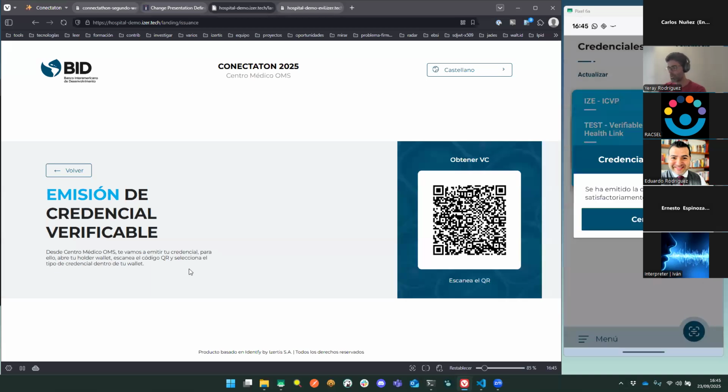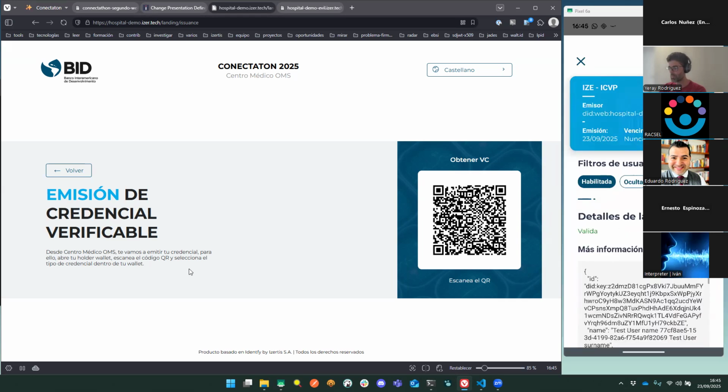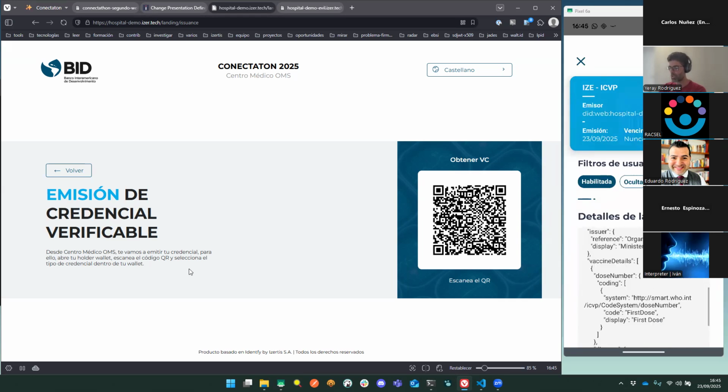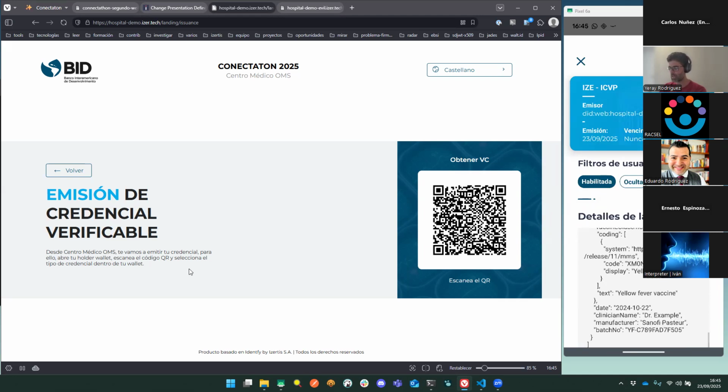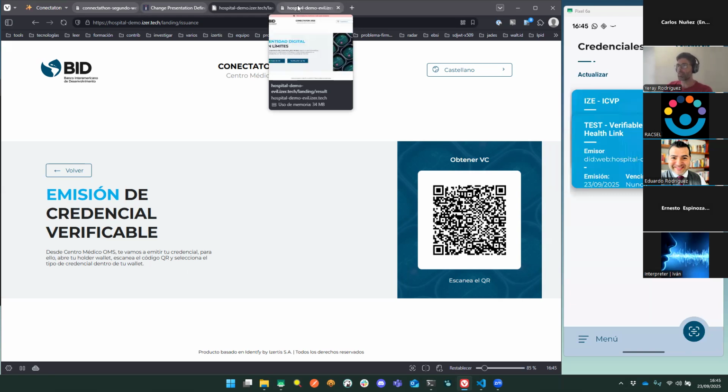Okay, we have our new credential. This is the one, which shows ICERTI as the issuer, in this case for tests. And we could also go into the details here, and you can see the content of a vaccination credential, with completely fake data, simply for test purposes. And finally, in the issuance part, I want to do